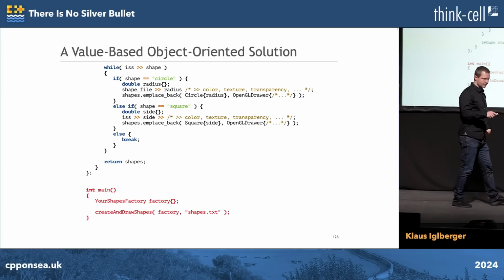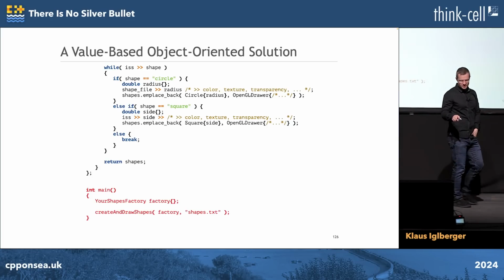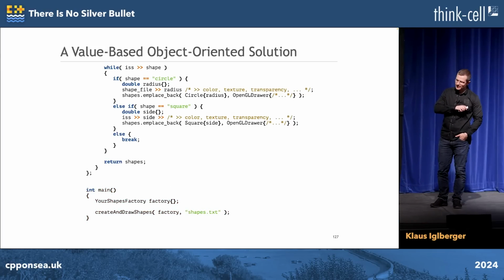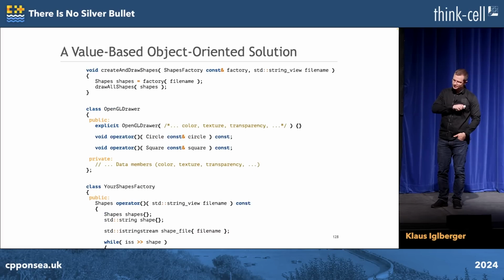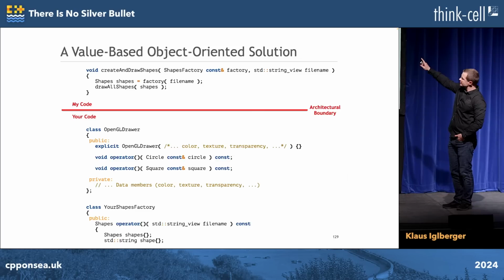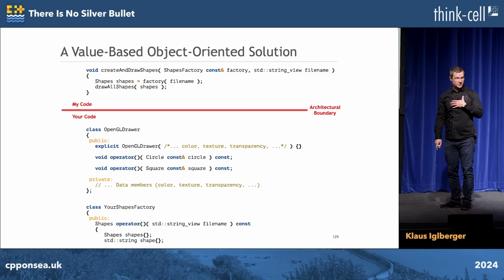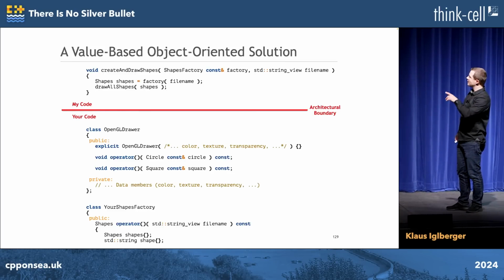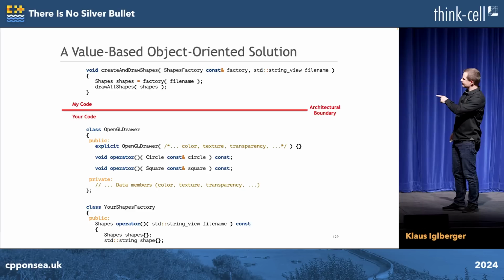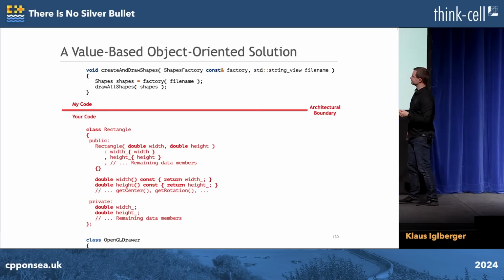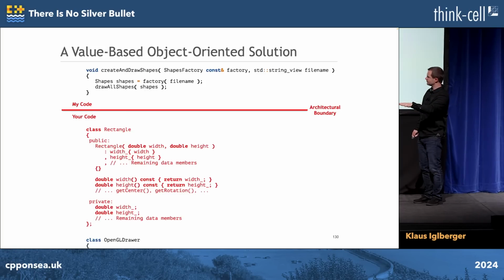Pretty nice. But now again, let's take a look at architectural considerations. So let's again draw a line here. Again, above is my code, below is your code. I care about using stuff, you care about the details, how to implement stuff. So obviously, OpenGL drawer is on your turf, your stuff. Shapes factory too. But then again, you can add new stuff. You can, for instance, introduce rectangle. Again, I don't care about this, you do.